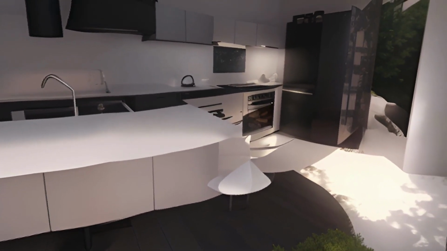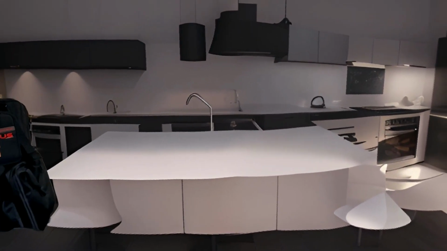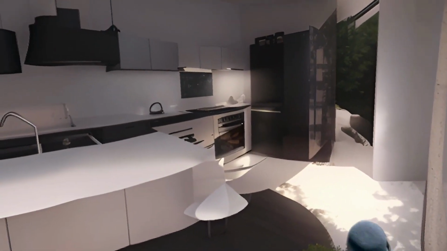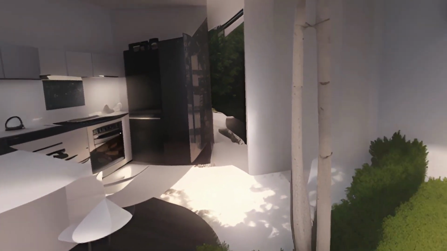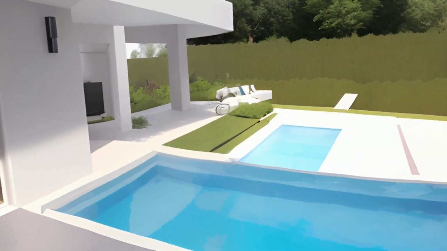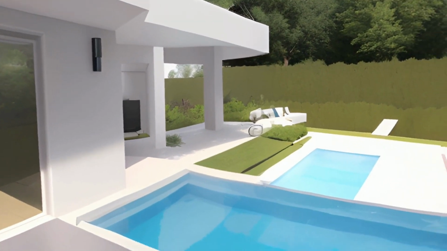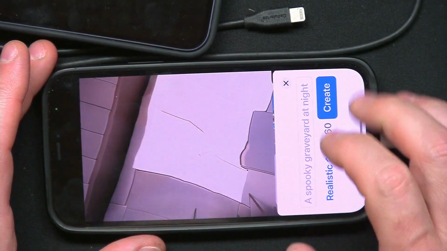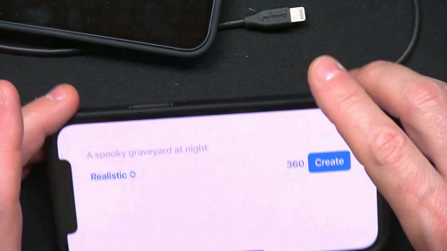This table with a sink that has no basin. And oh, there's a stove over there in the corner-ish. So pick your angle and it could look okay. Let's try one more. I want to try